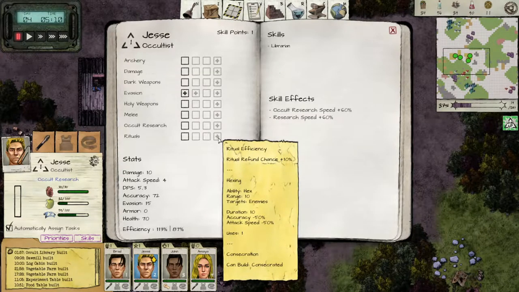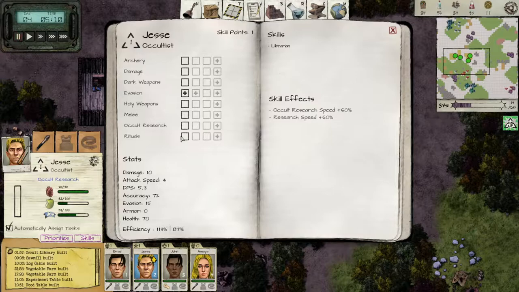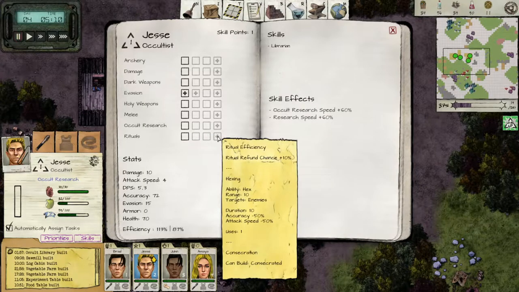This is interesting. It actually brings me to something I was going to mention before. Let's look at these ones. Remember, these pluses allow you to choose something. So if I take rituals to level 4, he can choose between ritual efficiency, and rituals are pretty powerful. I definitely use them. You're going to be using them a lot. Hexing or